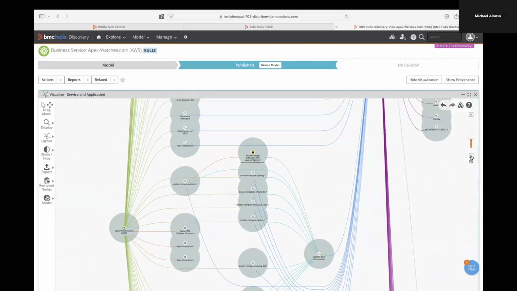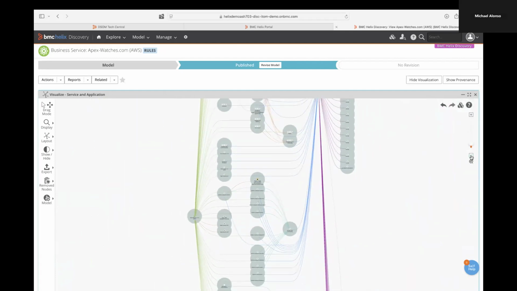Now, this is not just a standard impact graph. This is going to be utilized inside of AIOps, where we're going to be able to show you some amazing things where we utilize this technology. Now, you're probably thinking this is going to be really hard to do and this is going to take forever in my environment. And I'm here to tell you that's not the case. This is done automatically for you with something that we call Start Anywhere application modeling.